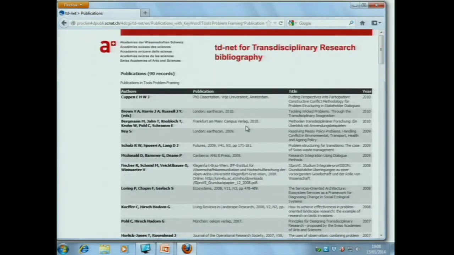So why do I show this? Anyone who claims that interdisciplinarity or transdisciplinarity is just an idea, go and look at this. For each and every element of that process, you can find people writing about how they've done it, how it could be done, how it hasn't worked. So I always show this to say we are not in the sphere of intentions.